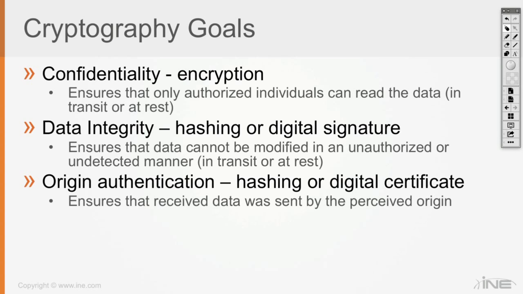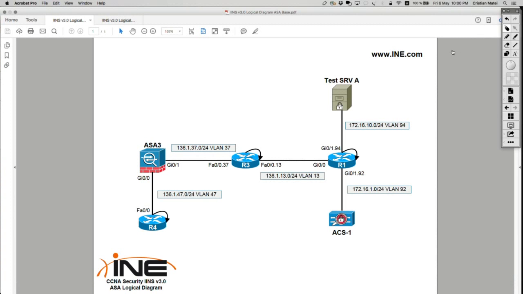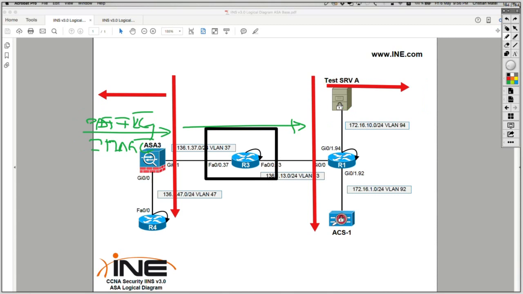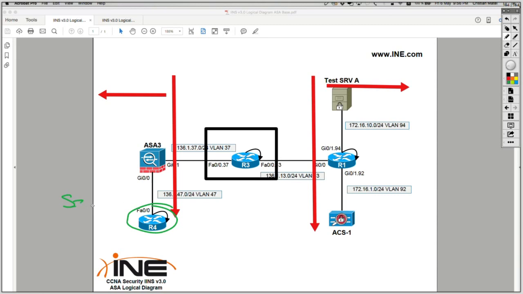And origin authentication would mean that you want to make sure that you receive the packet from the proper source, which likewise is going to be achieved through what is known as hashing, or through a digital certificate. So origin authentication would mean, looking back at the diagram and those two sides of ours, left and right, as let's say traffic is being sent left to right from router 4, with a source IP of, let's say, X,